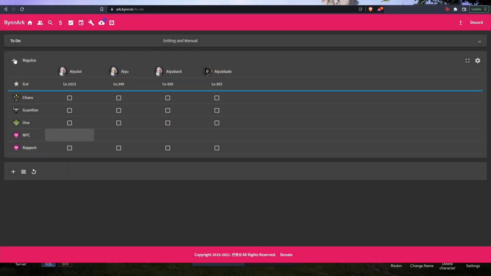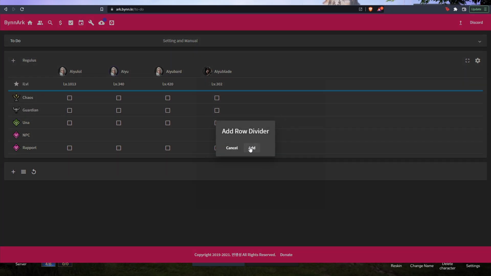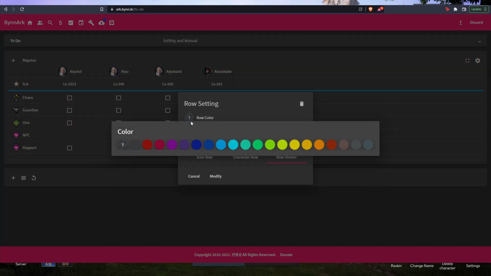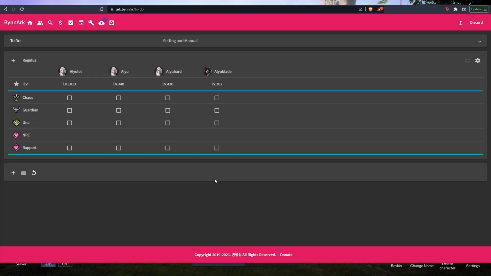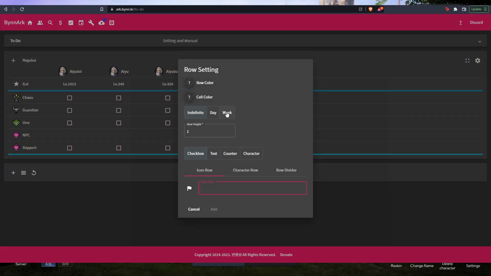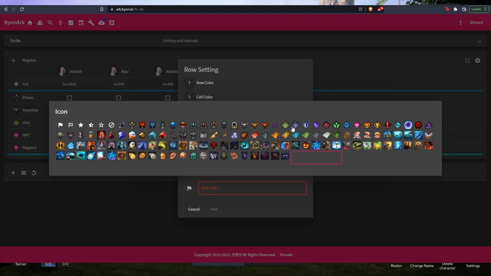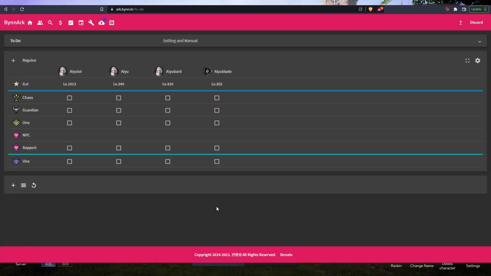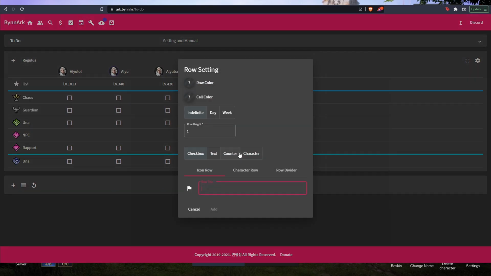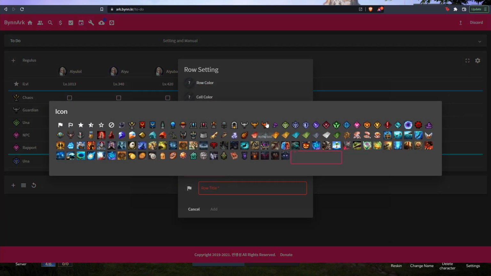And then at the end here, I'm just going to go ahead and add another row divider. Again, I'll change the color to maybe teal this time, and I'll make the row height 1. So now I want to put in only weekly tasks, so I'll add another row, and this time I'll click week, and the things I want to do every week are the weekly Unas, so I'll just call this Una again, add that in, there we go, and then I'll add another row, click week, click the icon, and just